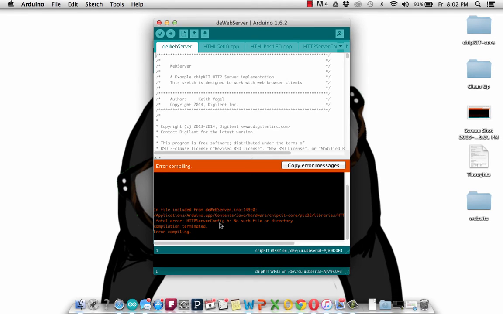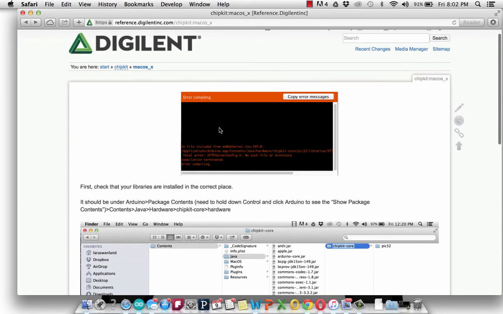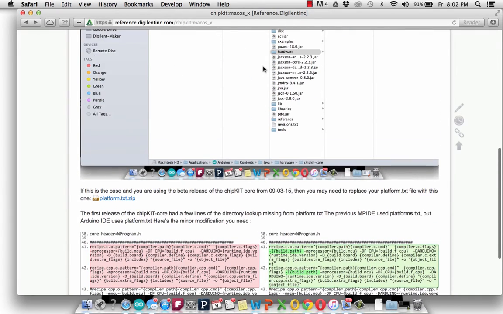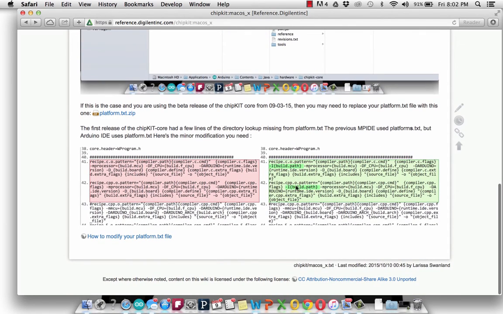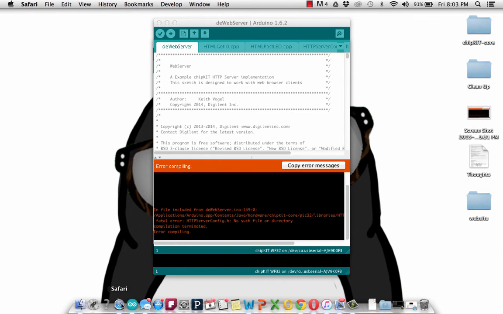All right. Okay, so this is the exact issue I was trying to tell you before I realized that I downloaded the wrong one. So I didn't close that window out. So this is the exact issue that you'll see I have in troubleshooting. So basically what it is, platform.txt is missing these two lines. So I already downloaded this platform.txt, and so I will go back to